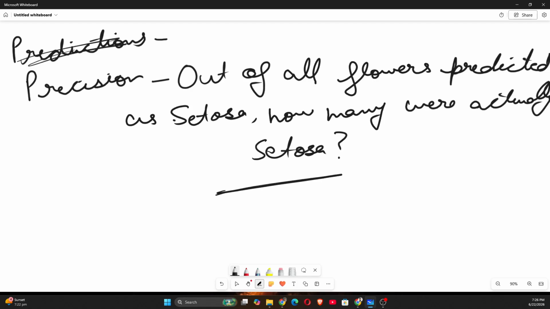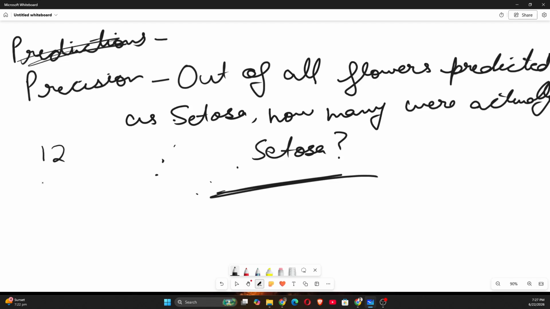We wanted to check whether it is giving the right answer or not. If it is saying it is Setosa, is it really Setosa or not? If it is saying it is Virginica, is it really Virginica or not? If it is saying it is Versicolor, is it really Versicolor or not? This is precision. Okay, so now, out of it, it predicted 12 flowers